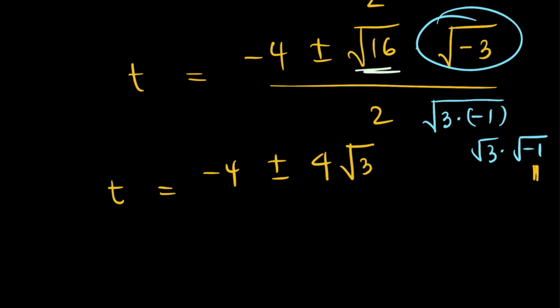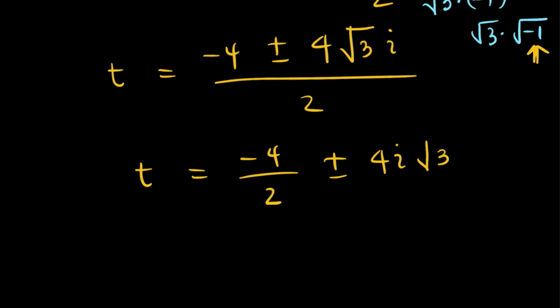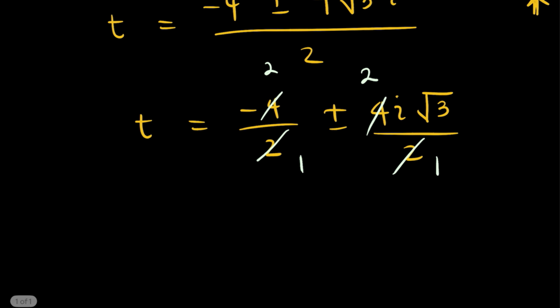And then square root of minus 1 is i. So we have 4 root 3i, then divided by 2. We can separate this division to give us negative 4 divided by 2 plus or minus 4i root 3 divided by 2. 2 here is 1, 2 in 4 is 2, 2 here 1, 2 in 4 is 2,